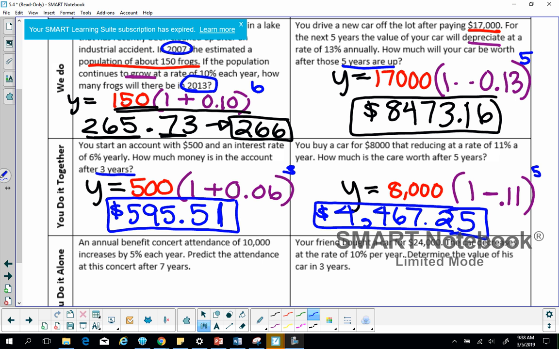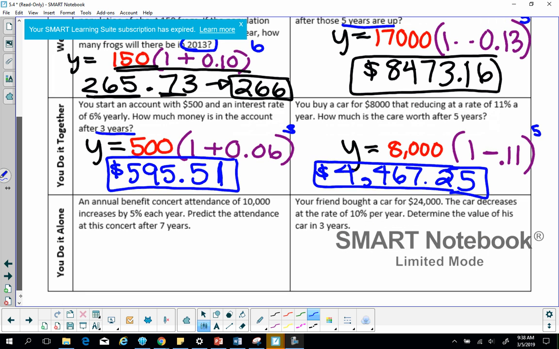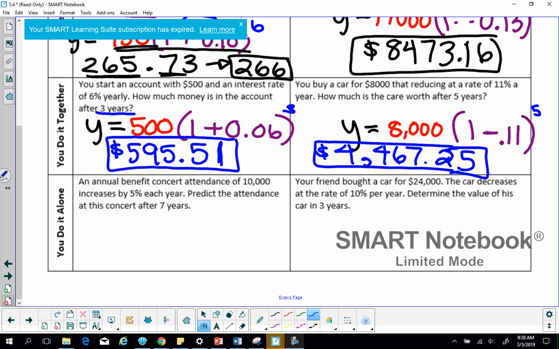Cool. All right, so now the next one, you do it alone. You are getting a stamp for that. So I'll give you a few minutes. You're trying the last ones on your own. And then we're just